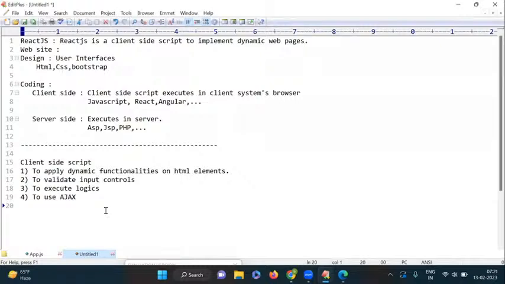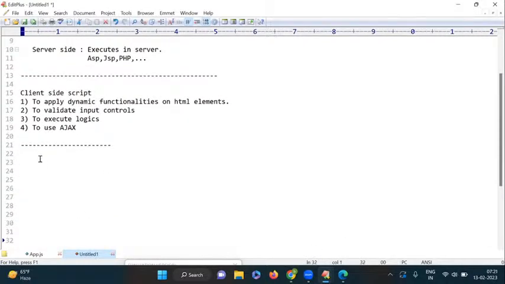From this point of view also, we are using client-side scripts. So these are the main reasons why we are using the client-side technologies here. Okay, fine. I think all of you got clarity on this, right? Yes. Now we are